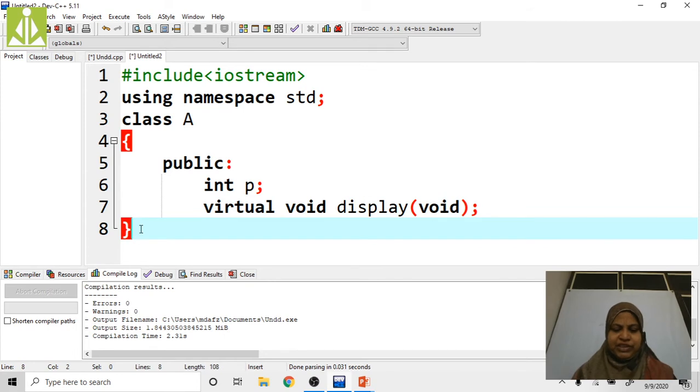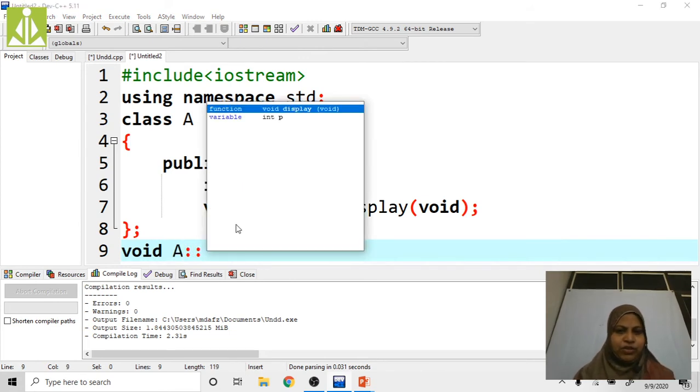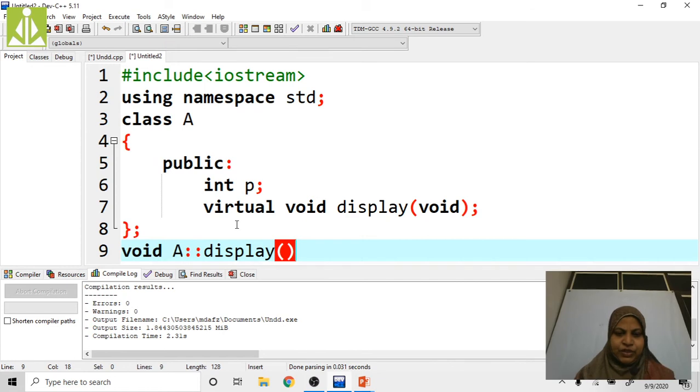Here I put the keyword virtual, then this void display method becomes a virtual function, right? Outside the class I am going to define this one. Return type is void, class name is A, followed by the scope resolution operator, then display.